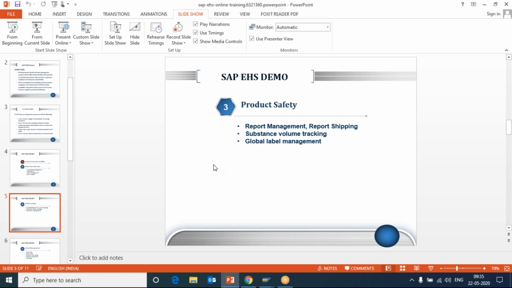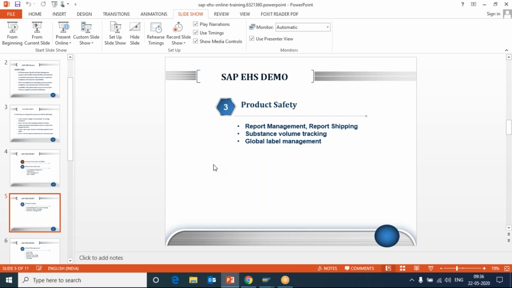Okay, and substance volume tracking. What is substance volume tracking? Substance volume tracking is something like, if you are involved in a process where you will produce a lot of hazardous substances, as per the legal regulations, you have to declare how much of the hazardous substance you are producing in that plant.